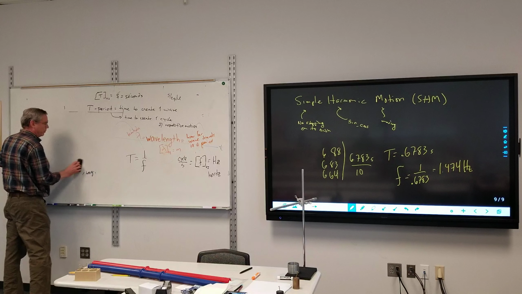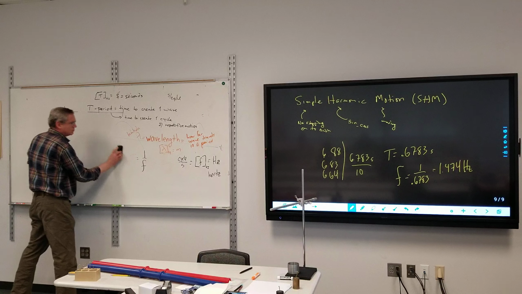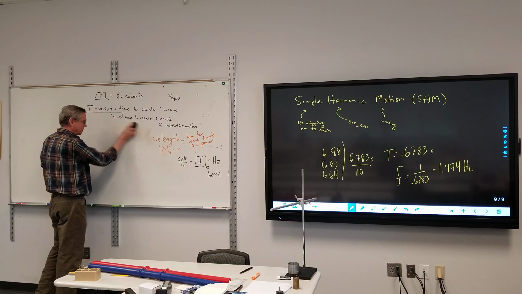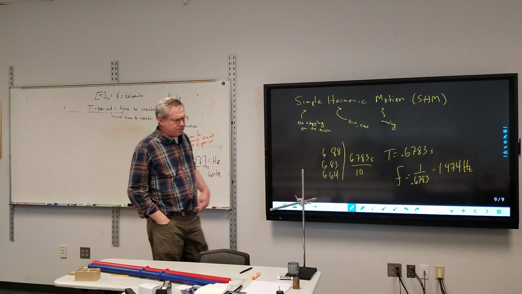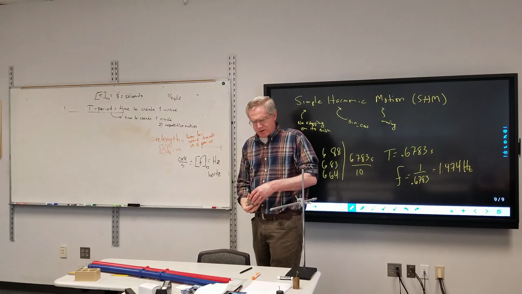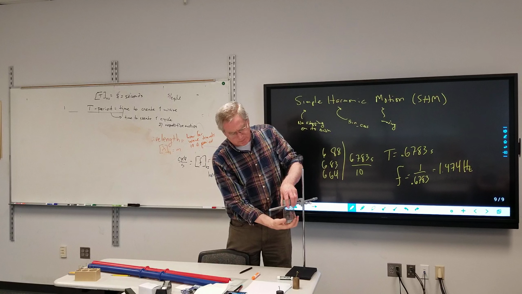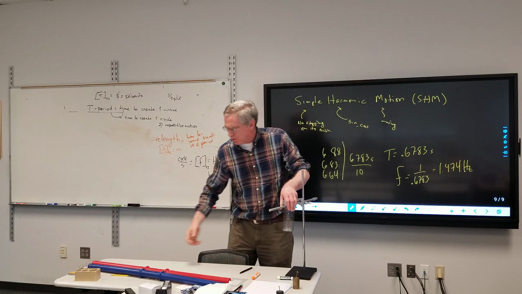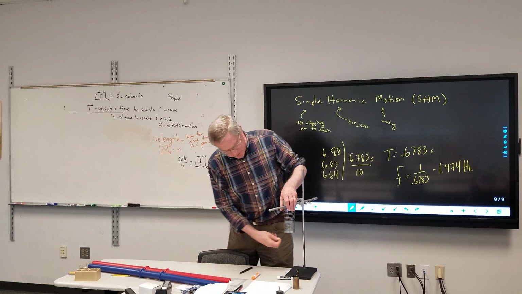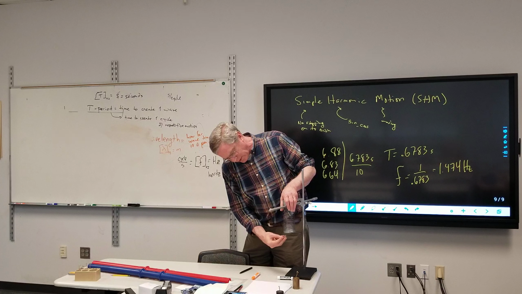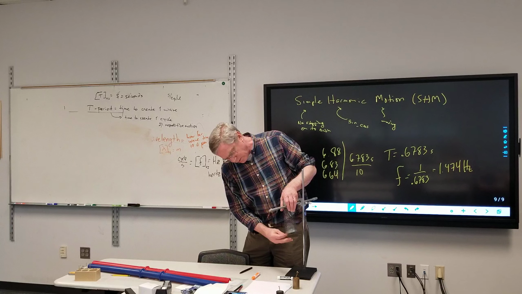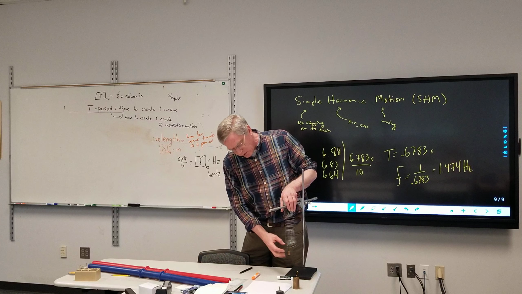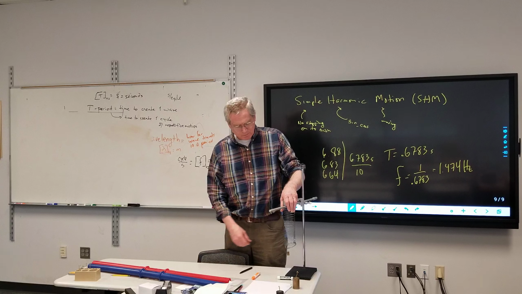If it's truly simple harmonic motion, I should be able to express it as a sine or a cosine curve. Well, let's think about that a little bit more. There's an implied mass of the spring, but let's assume that it is a massless spring. I attach a mass to it. In theory, it's going to get pulled down a certain amount. So let's just